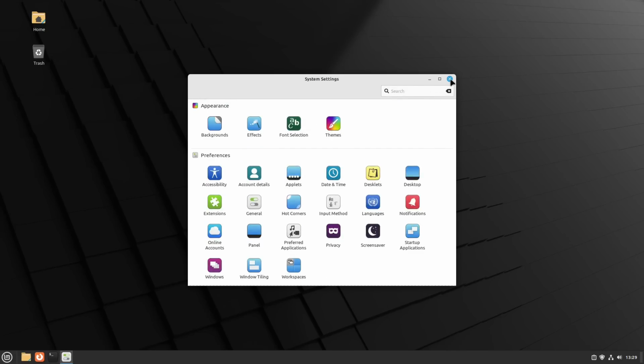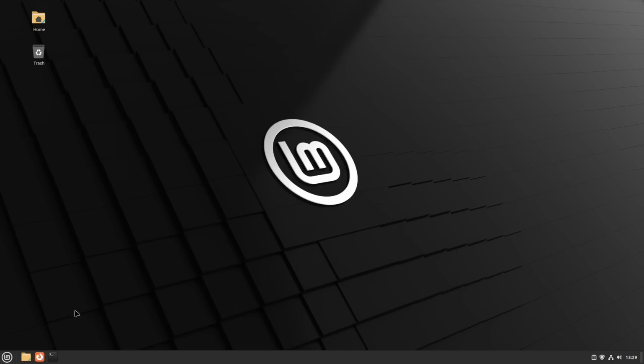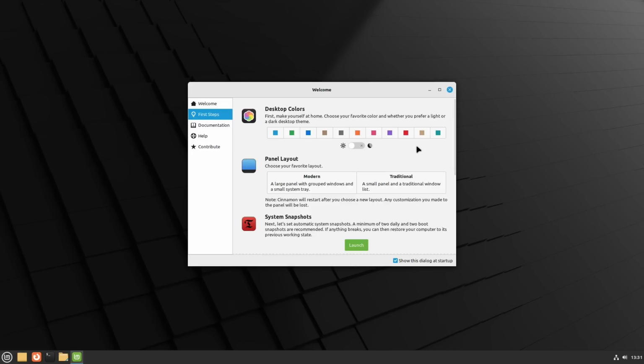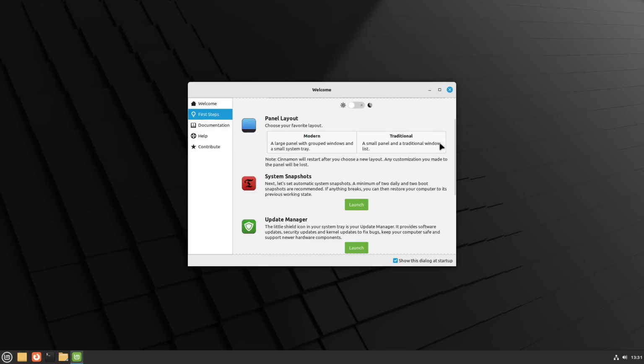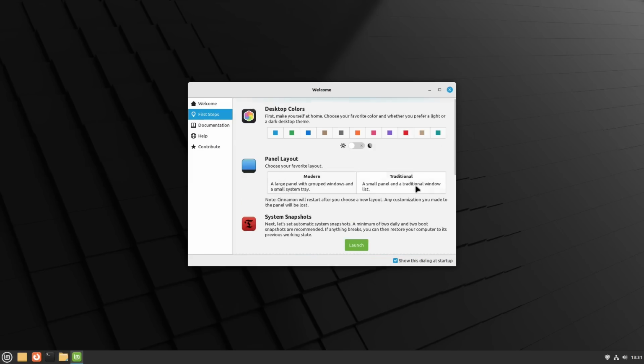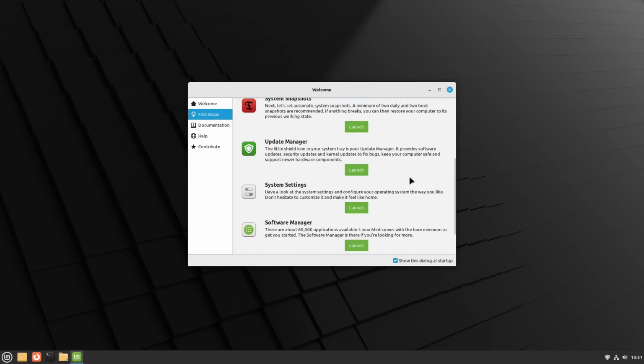If you were to give a brand new user LMDE versus Linux Mint, most people are not going to be able to tell what the difference is. So this is Linux Mint. Now we're going to have a look at LMDE. All right, so here we have landed on our desktop for LMDE. And so over here, what we can see looking at our first steps is that it's going to look effectively the same. Now, there's one thing in here that's not in here right now because I've already pushed the button,